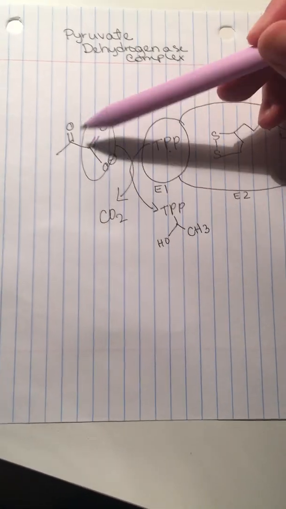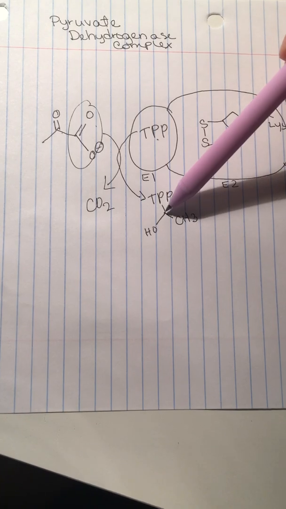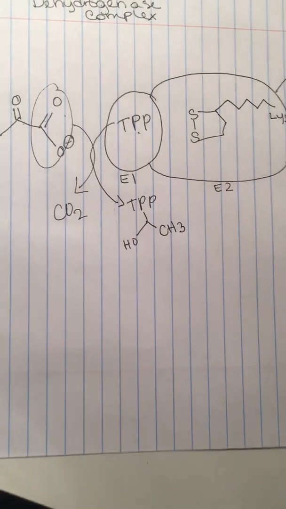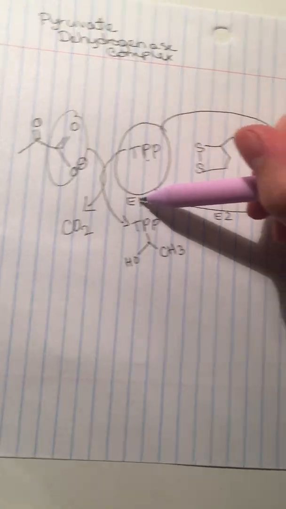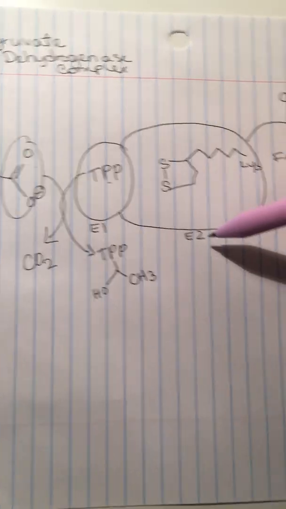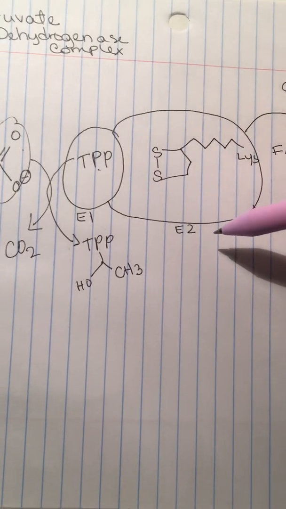So now the CO2 is gone and the pyruvate molecule is attached to this, the hydroxyethyl TPP. And this was in the E1 step. So moving on to E2. E2 is the